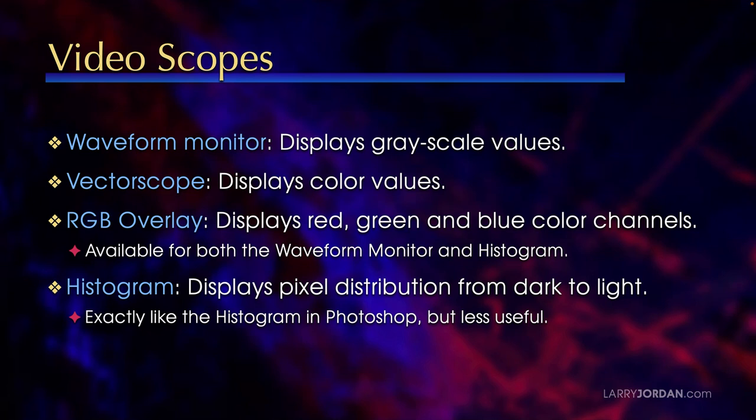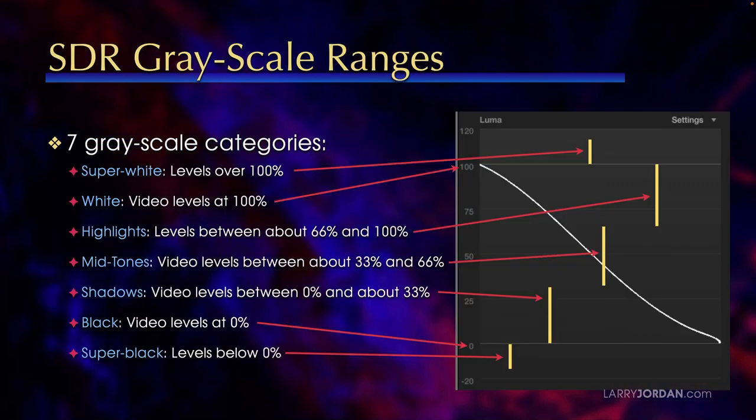The RGB overlay and its cousin, the RGB parade, displays the red, green, and blue color channels. It's available for both the waveform monitor and the histogram. The histogram displays the pixel distribution from dark to light. This is exactly like the histogram inside Photoshop. In Photoshop, it's essential. In video, much less necessary, because the waveform monitor gives us the same information, plus a whole lot more. If we take a look at the waveform monitor, and this is a scope from Premiere, but